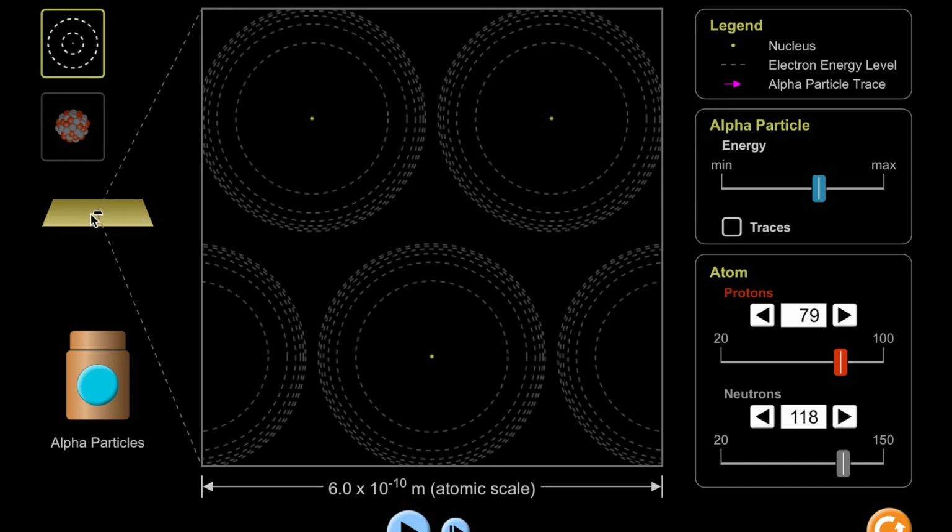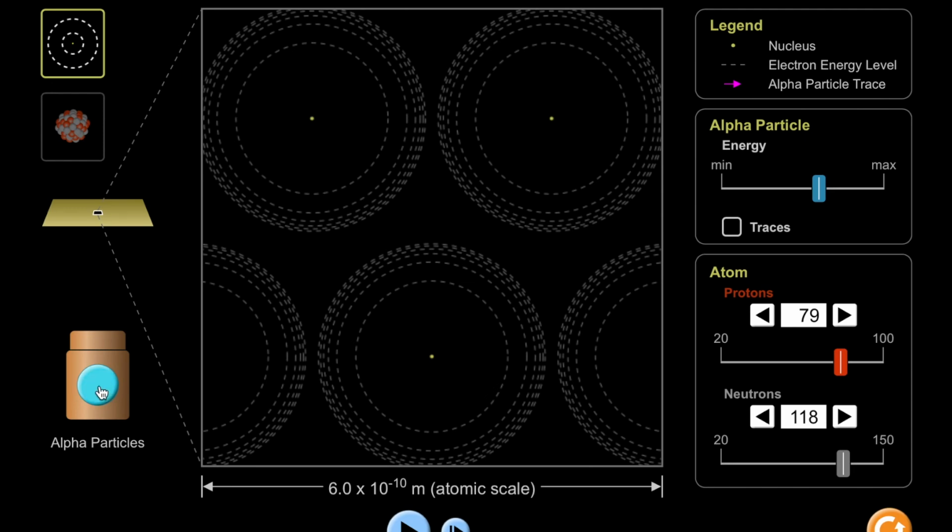Here's the gold foil. And then on the other side, he's got detectors. You've already watched the YouTube video to see how a modern day detector is going to detect. So you can put the detector over here to see if these particles go right through the gold foil film. You can put a detector over here on the left where I'm wiggling my mouse to see if particles hit the gold foil and then are deflected at an angle. And you can even put the detector back over here near the origin source of alpha particles, where I have my mouse wiggling, to see if particles are actually backscattered from the gold foil film.